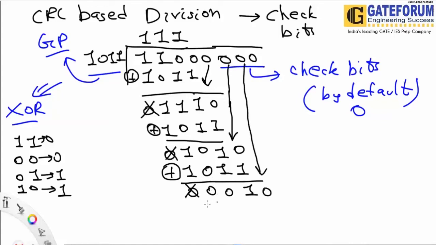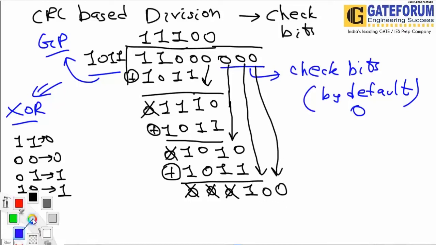Now the most significant bit is 0. Till now, the most significant bit was 1, 1, 1. Even after removing the first 0, the most significant bit is 0. If you get the most significant bit as 0, we directly remove that 0 and take the next character. Again, the most significant bit is 0, so we remove that 0 and add the next one. But there is no next one, so finally we get this answer, which is 100.